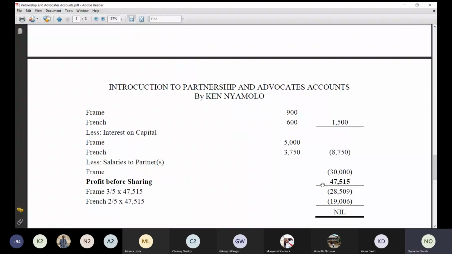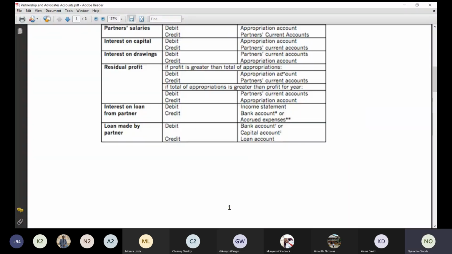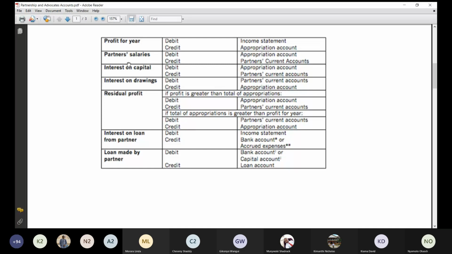I would take you back to that table where we were talking of you are debiting the appropriation account and crediting the partner's current account. This table, the residual profit is what we've just seen. And there's nobody who tells you that you must make a profit. You can make a loss, because business is about gaining, sometimes it hurts. So